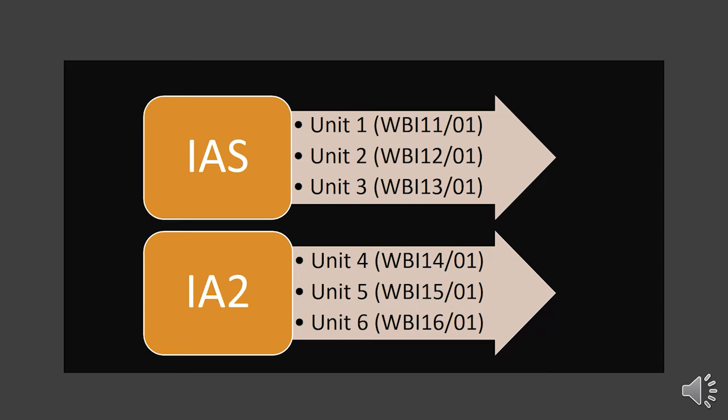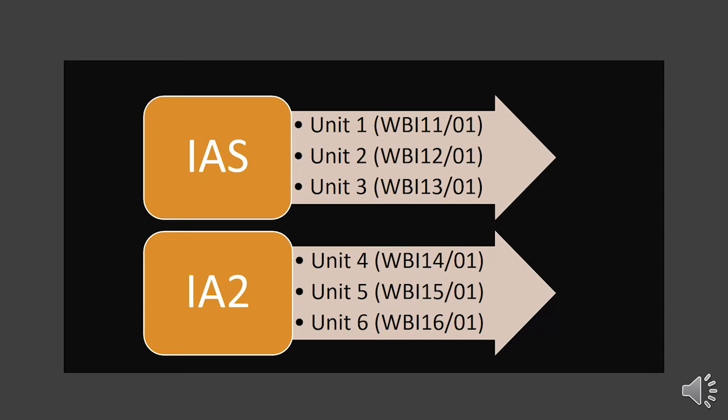You can see in the slide there are specific codes that are given to each of these units. These are paper codes and they are very helpful from your exam point of view, as you need them to search for the exam resources such as past papers, marking schemes, examiner's reports and other resources needed to complete this qualification. Okay, now let's see each of these units or the content overview in detail.